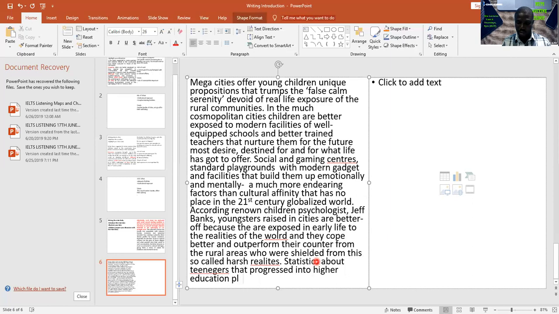I'm finding a way to round it up very well. Statistics about teenagers that progressed into higher education. Let me find a way of wording statistics about teenagers in higher education